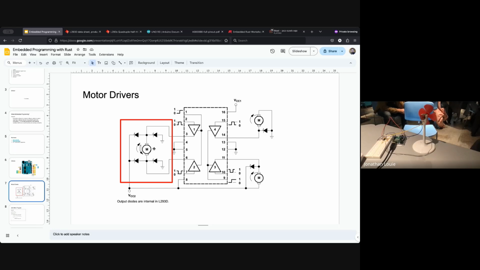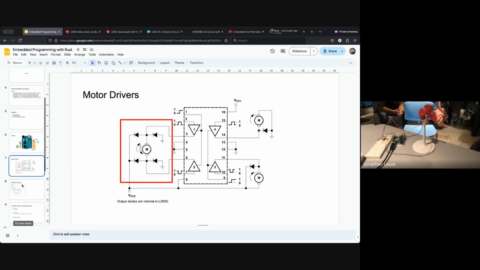And if you look, this M with the circle, that's your motor, and the arrows here show that it could be spun in either direction with this case. If you look at the ones on the right-hand side, that would be for a single direction motor, but we can do it in 2 directions. Okay, so